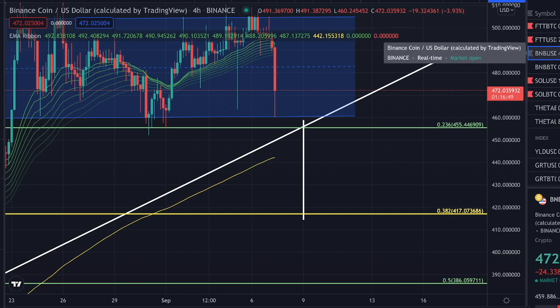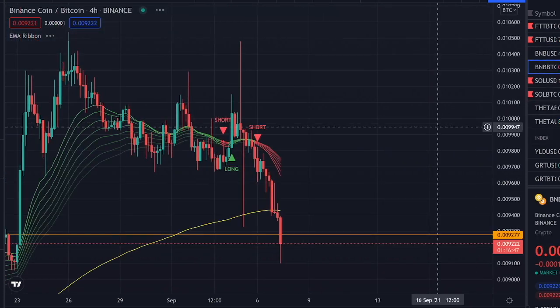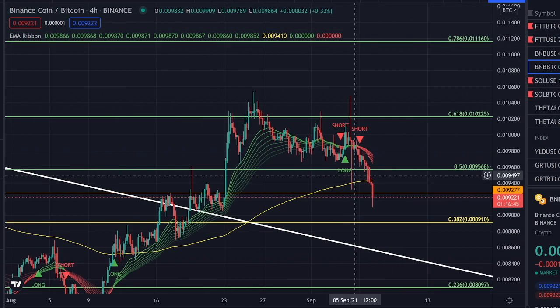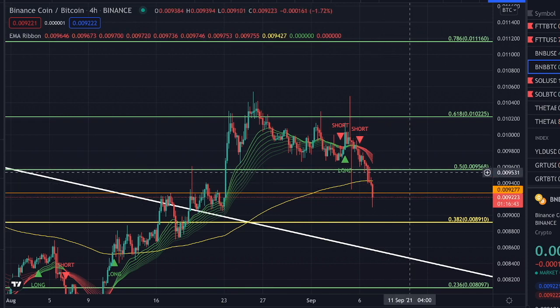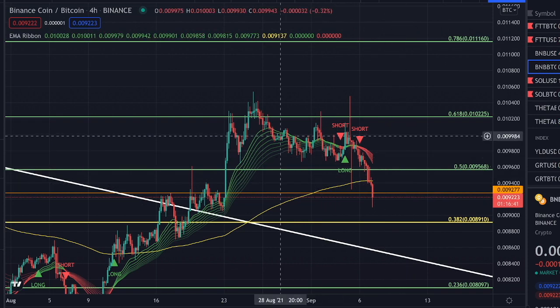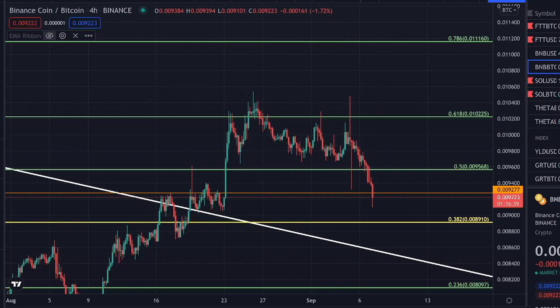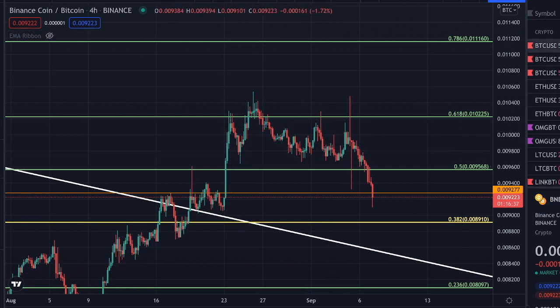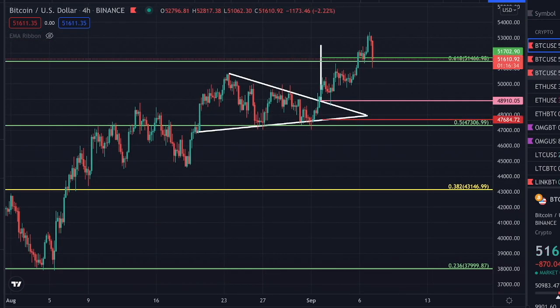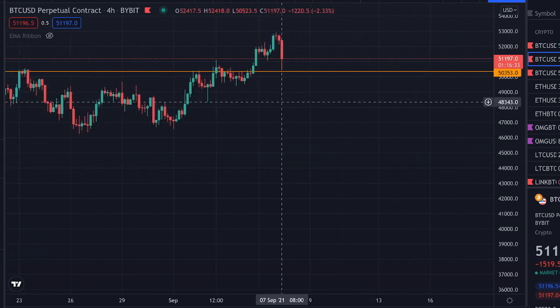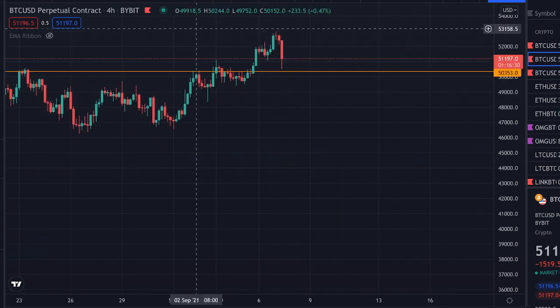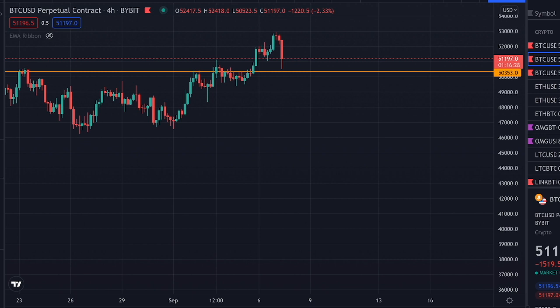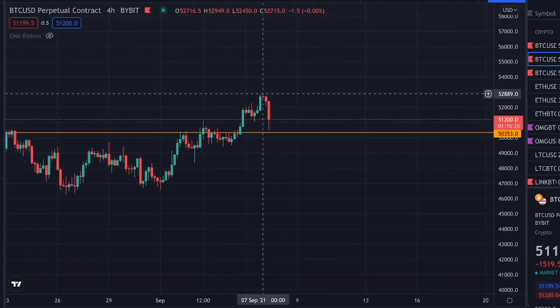Unfortunately, I do not have a lot of time, but what I would like to show you is actually this major decrease in Binance price action. And as well, what I would like to discuss is not only this, but as well the Bitcoin's price action shortly. What you can clearly see on Bitcoin is that we saw a major decrease start at this point in time. We got rejected at approximately